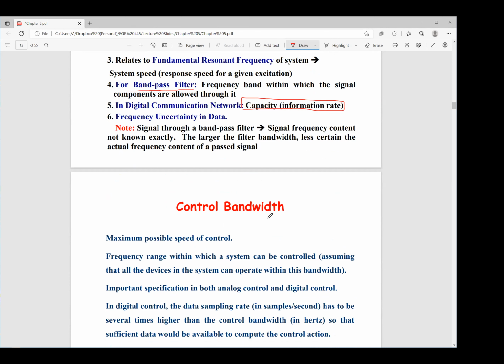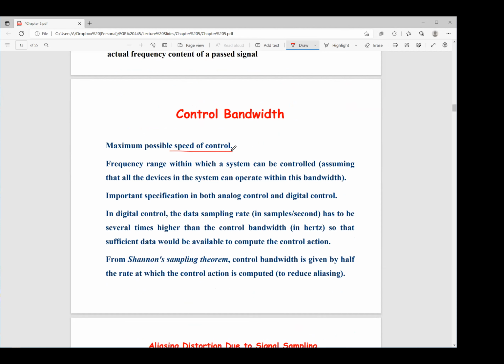Why do we need to control the bandwidth? We need to control the bandwidth because our system needs to behave as per the specifications. So we want to have the maximum control at the range that the system is operating. We need to make sure the system can support the frequency range that we have the system to be operated in. We need to make sure that we can control the system using analog and digital means. We also need to make sure that we are able to support the system not only in the operating ranges,